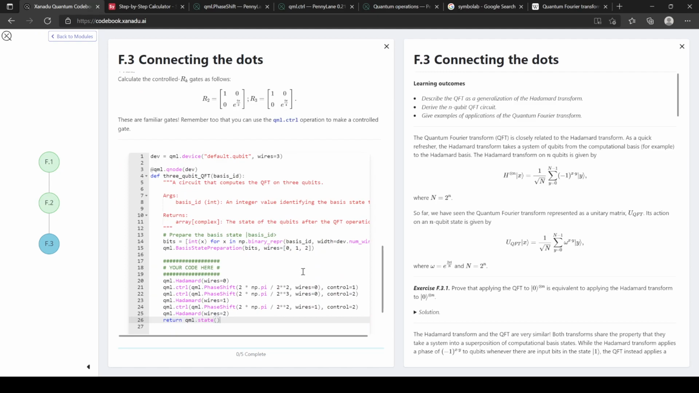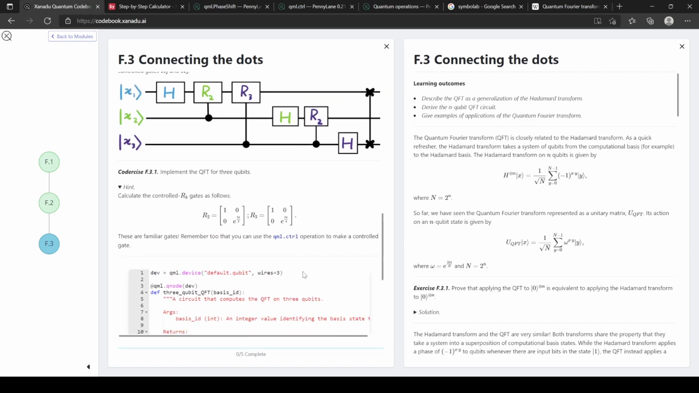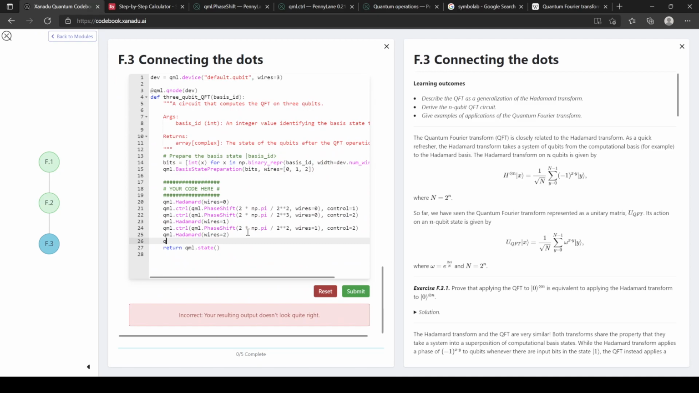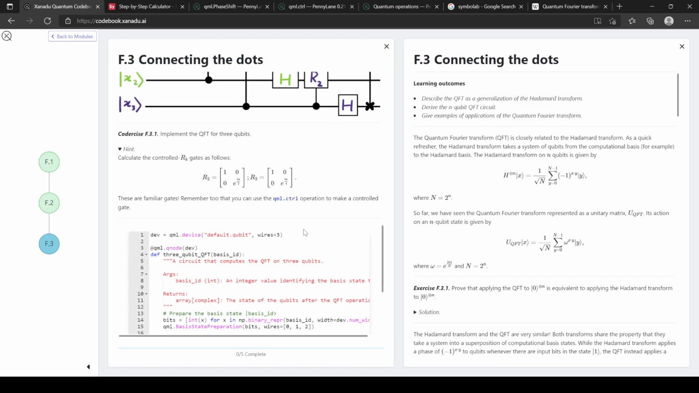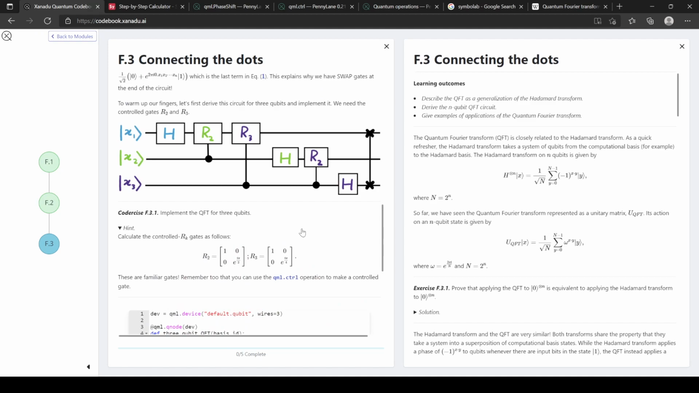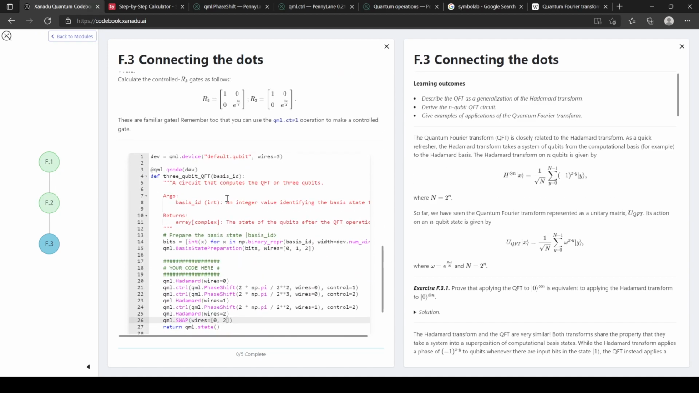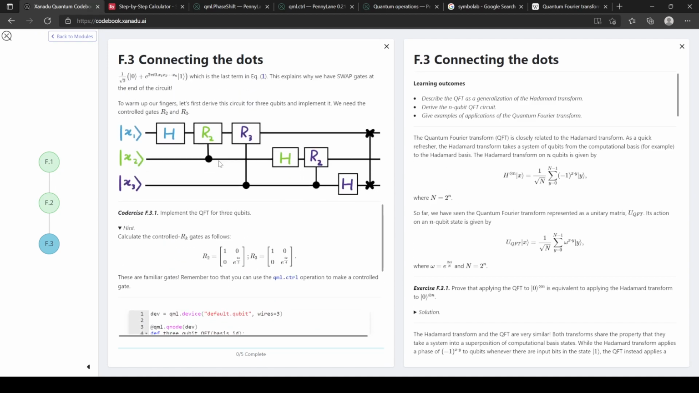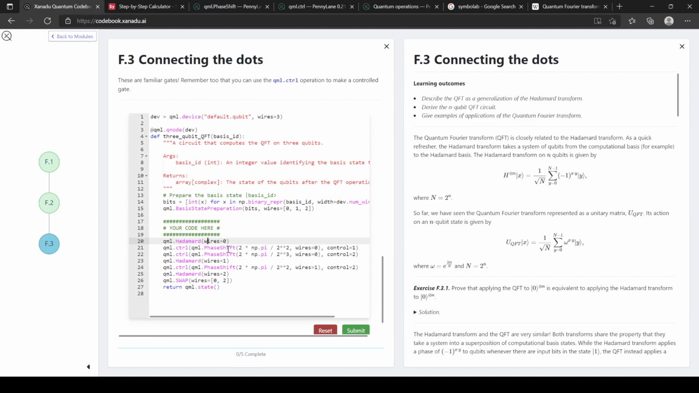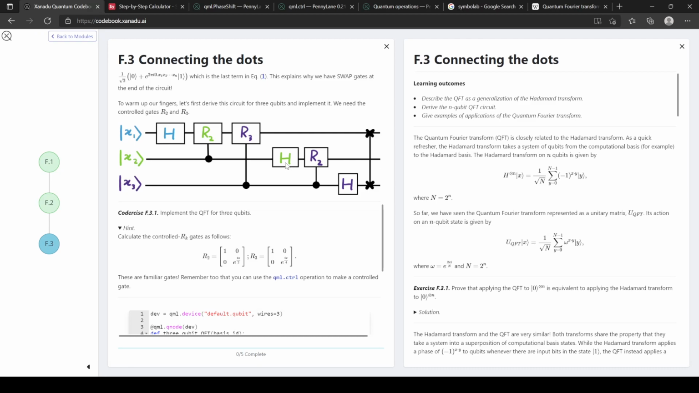Control. Oh, I forgot the swap. Oh, what else am I missing? Hadamard. Controlled R2, controlled R3, controlled R2, controlled R3, controlled by 1 and 2, Hadamard,